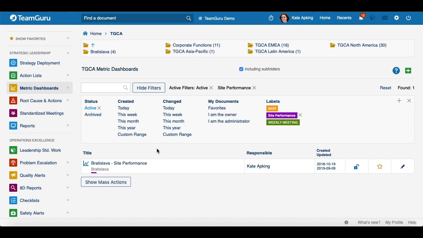And to summarize before we finish this video tutorial, the main purpose of document labels is that you are able to mark related and standard documents in the system with the same label, and then you are able to easily search for them in the system. And this should be it.